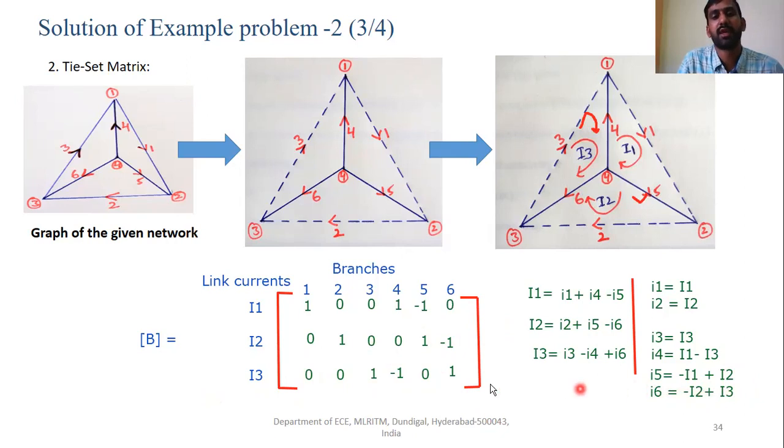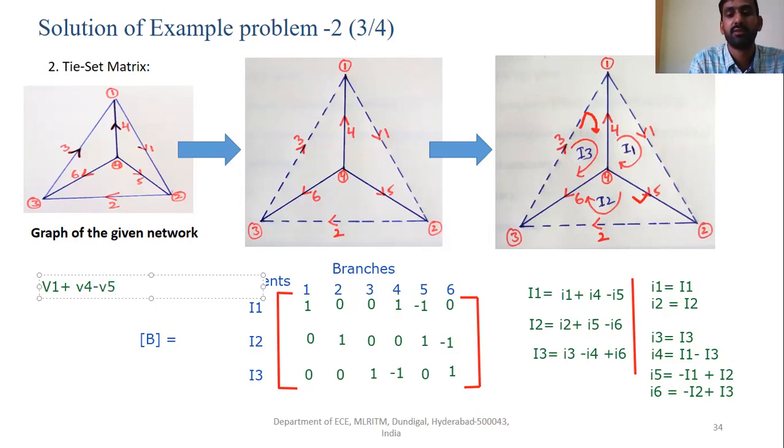And also we can write the loop equations, those are the Kirchhoff's voltage law equations. With respect to the loops, we can write the KVL equations. Those are V1 plus V4 minus V5 equal to 0.